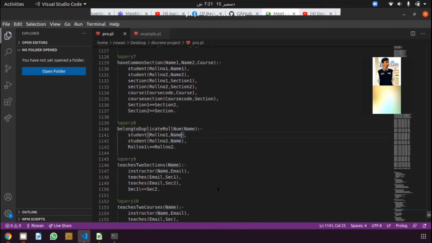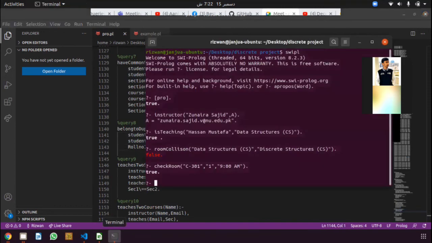For this purpose, we use only one knowledge base, student. From the student knowledge base, we get the roll number, and we get another roll number for the same name. If these roll numbers are not equal, it means that there is more than one student of the same name. Let's run this query.